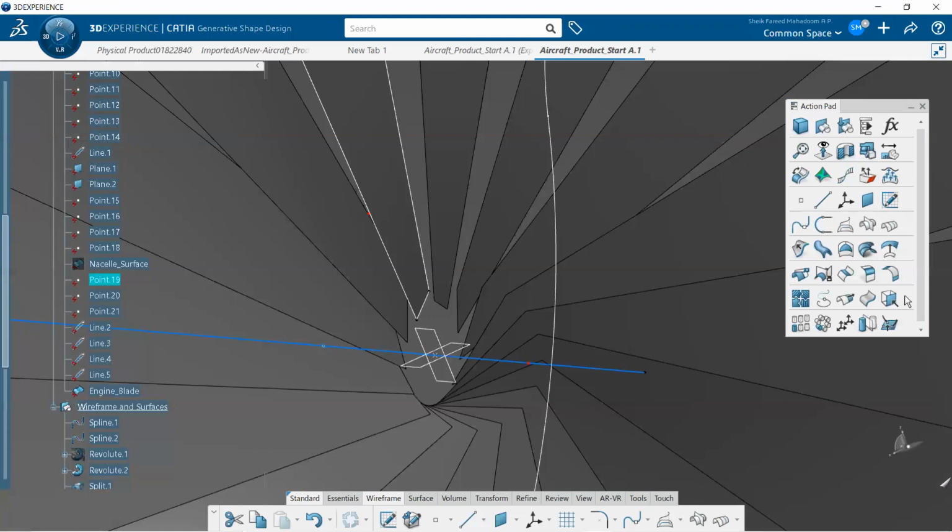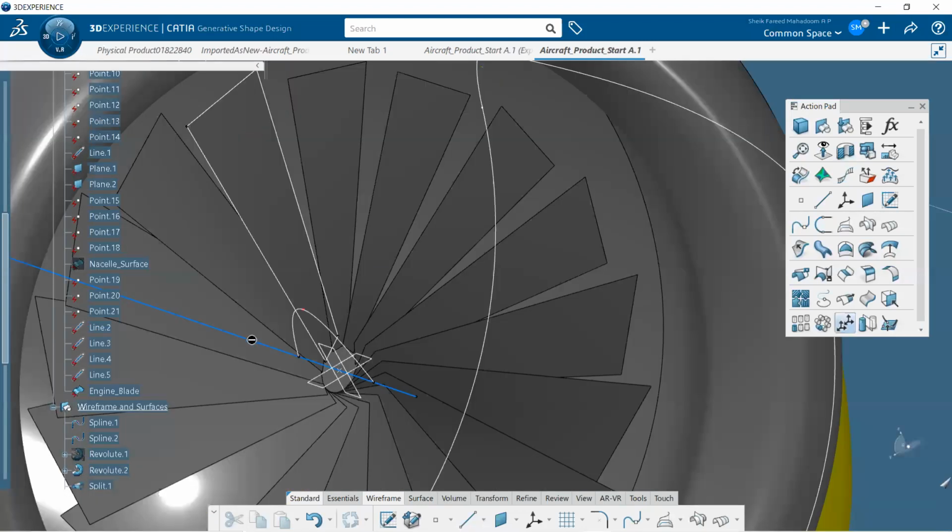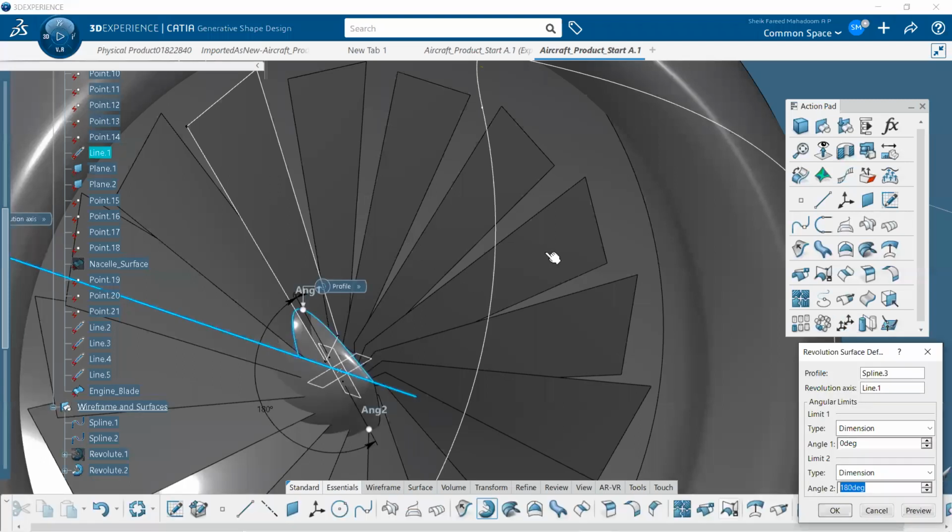After the spline is created, let's again use the revolve option. Revolve, select this one. This will be the axis. I'm just rotating this within 180 degrees, or you can do it in this degree as well, no problem. Right now I have a complete surface. This was the blade head. Then I'm going to split the excess surface from there to this surface that was created.